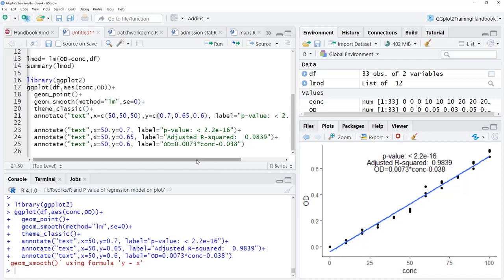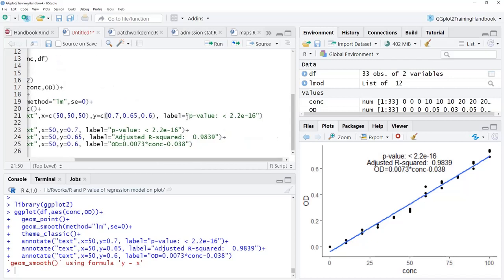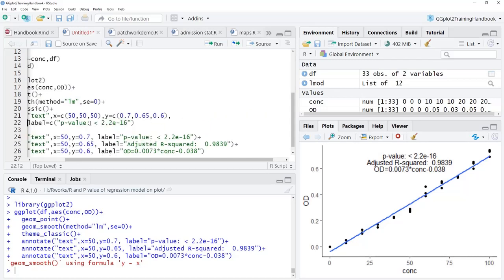Bracket complete, and labels also will have a vector of 3 values. The first label I will bring to a new line for visibility, and this is the first p value, comma, the second label I will copy and paste here, and the third label I will copy and paste that.